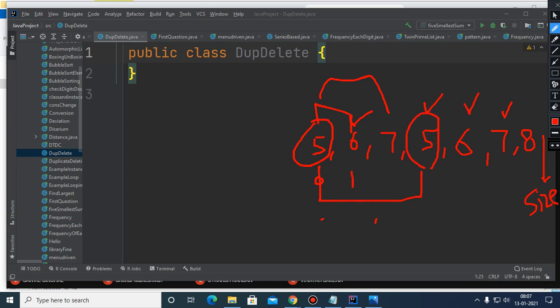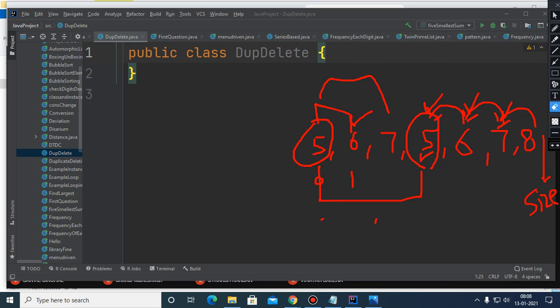To delete it, all the elements get shifted one step ahead. So this 5 is not going anywhere, and this 6 element is coming onto its place, so the duplicate will be removed. This is the logic.